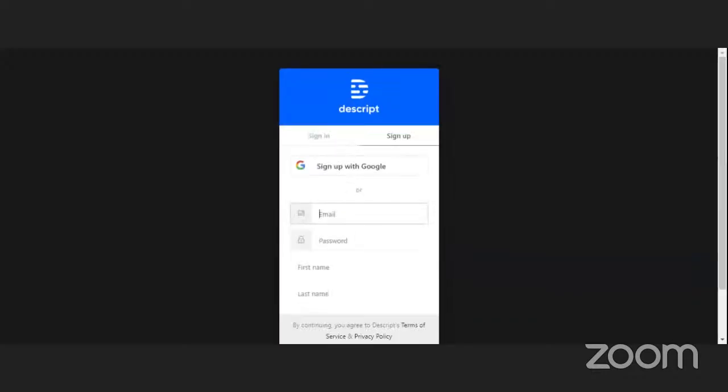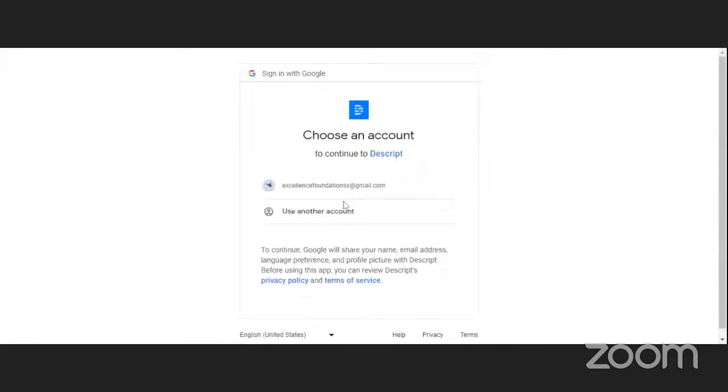It has the option of signing up using Google. This is my go-to. Of course, I will sign up using Google. I choose this account. So we are into Descript. I put the link in the chat box.